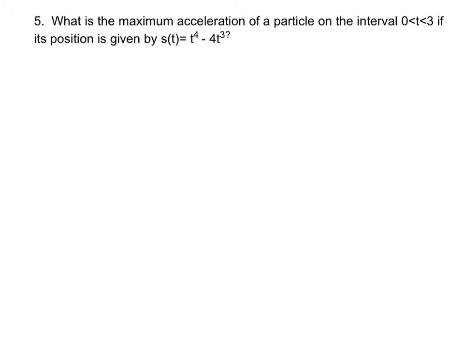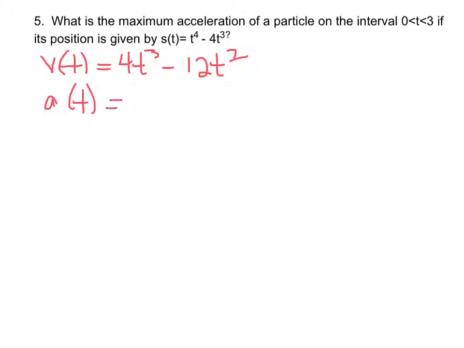All right, number 5 wants the maximum acceleration of a particle on that interval if the position is given by. Well, this is exactly like number 1. The only difference is you're going to be taking a derivative twice because we need to get the acceleration equation. So let's start with your velocity equation. And your velocity is just going to be 4t cubed minus 12t squared. Okay, now we need acceleration, so we're going to go one extra step. And we're going to take the derivative again, and we're going to get 12t squared